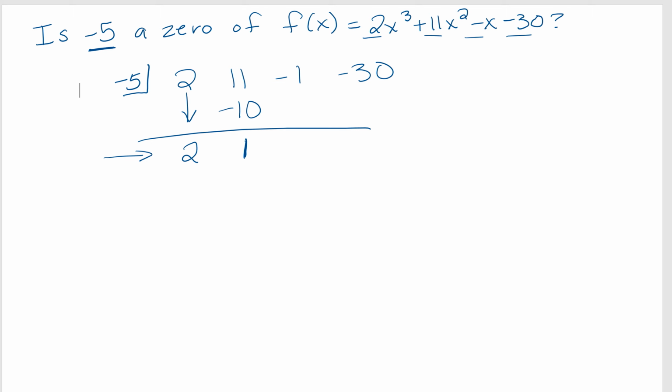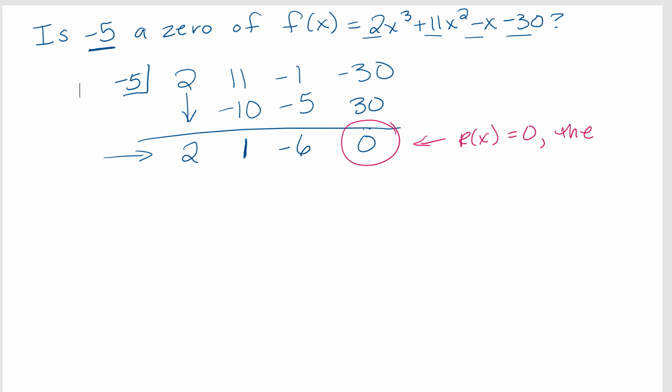We're down at this line again, so we're multiplying by the number in the box, which is -5. So -5 times 1 is -5. And again, we're adding. So -1 plus -5 is -6. Multiplying again, -5 times -6 is 30. And adding gives us a remainder of 0. The remainder is really what we're concerned about with this particular question. Is -5 a zero? If the remainder is 0,